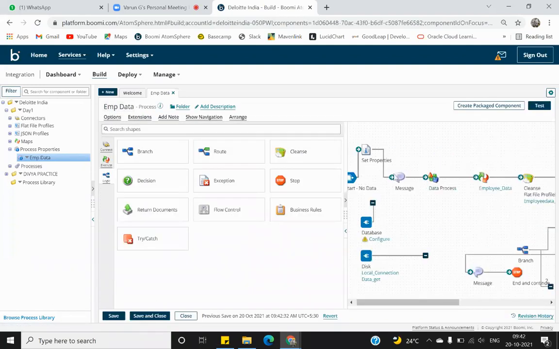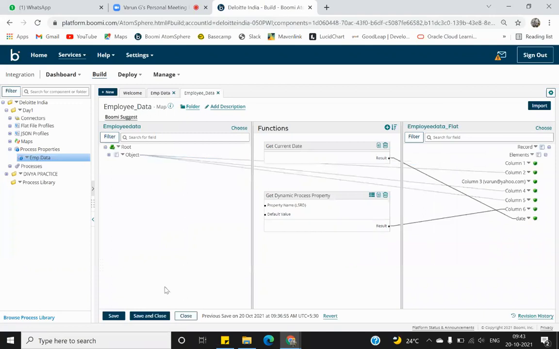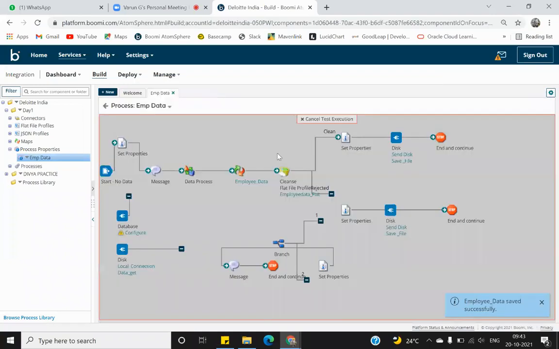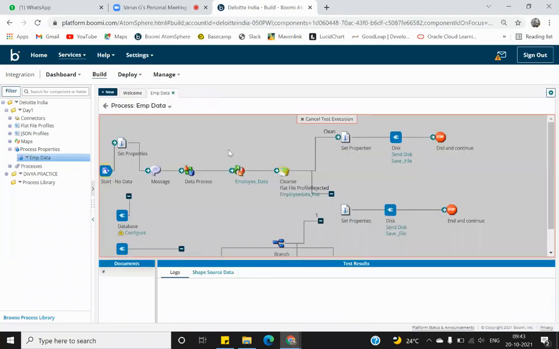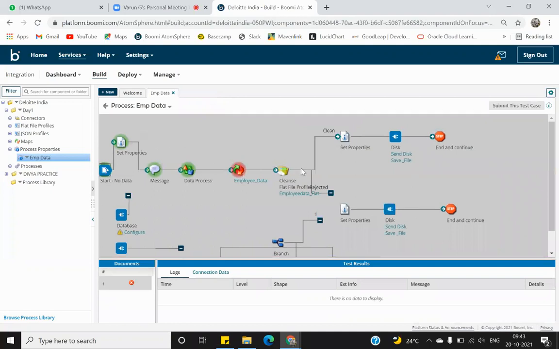Now if I go in here and remove my mapping from column 1, what it says is mandatory element missing. So it does not find anything on the column 1 value, that particular mandatory value was missing. It failed the process.